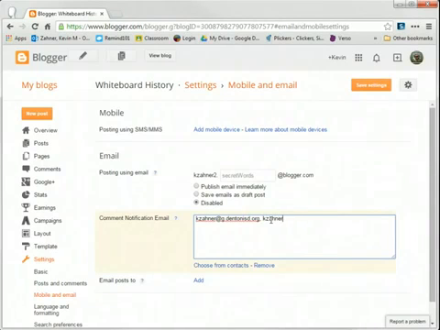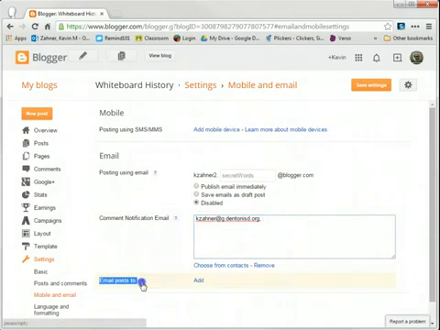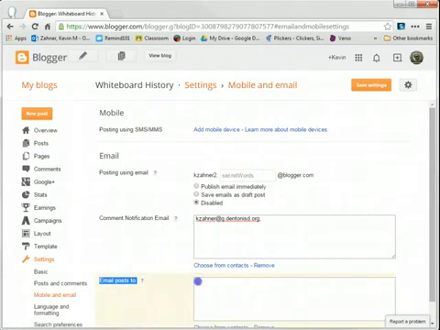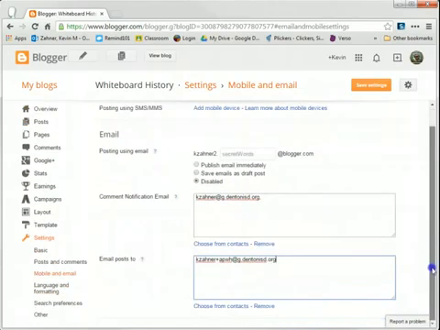And the one I'm going to have them put in is Kzahner plus HOTA for History of the Americas at g.dentonisd.org. Okay, this is just based on an email filter that I set up in my inbox. And they're also going to do the same thing down below here where it says email posts to. They're going to add my email address. They can just copy it and paste it in there. For AP World History, it'll be plus APWH at g.dentonisd.org, and I'll get email notifications to that particular inbox filter